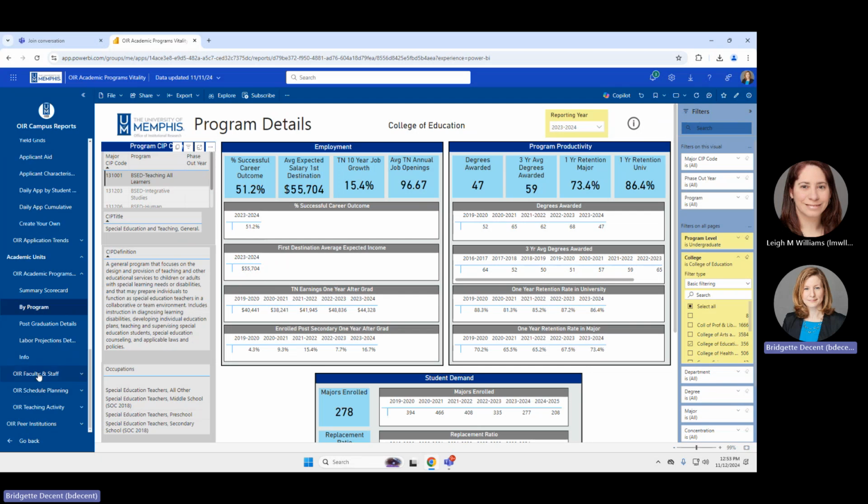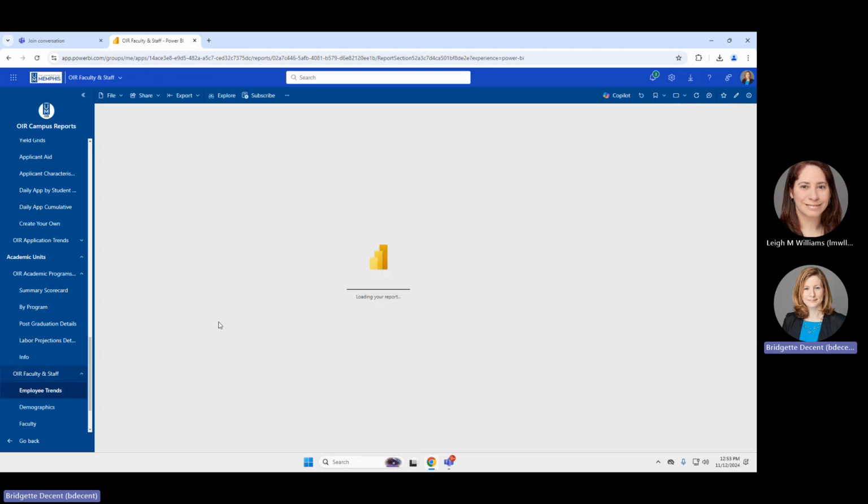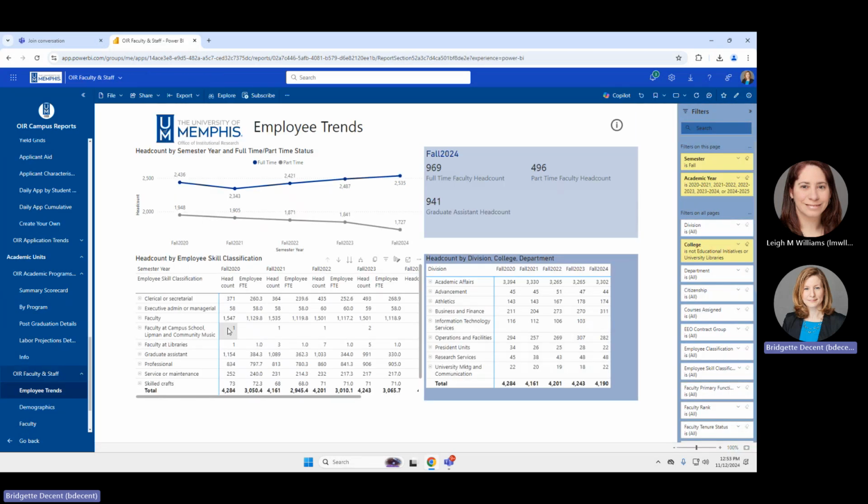We also have a faculty and staff dashboard. So sometimes you're asked how many employees are at the university or in my department, or how many full-time faculty or part-time faculty do I have. Institutional research captures this data